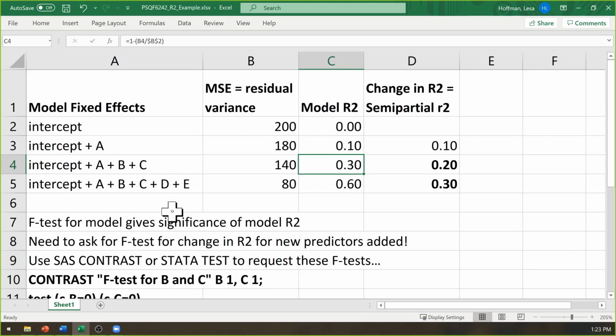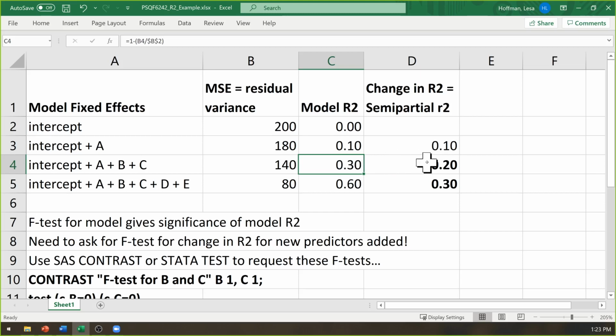Wouldn't we do the F test again? Yeah, the model F, the one that's provided for you, directly tests that. So F is a per slope statistic. Information captured per slope is the numerator of F, divided by information left over per slope, which is the denominator. So F tells you on a per slope average how well the model did. So we don't have to do anything special to get the F that tests my R-square.